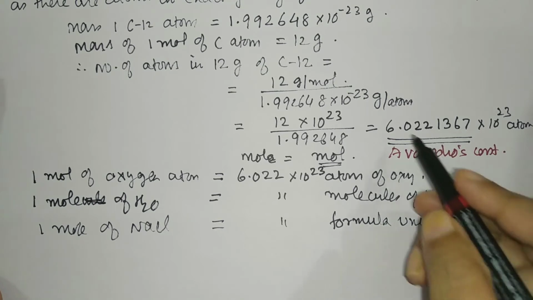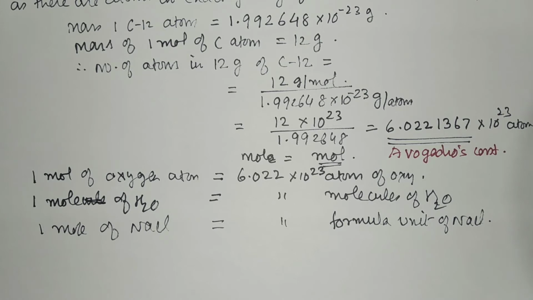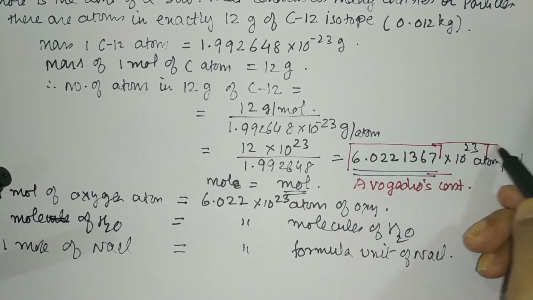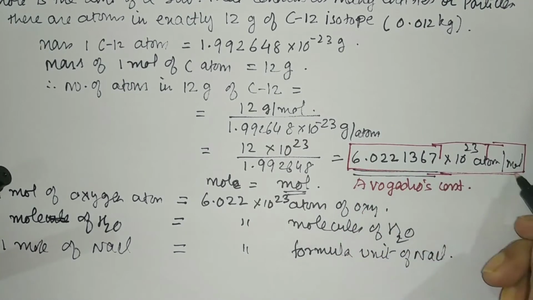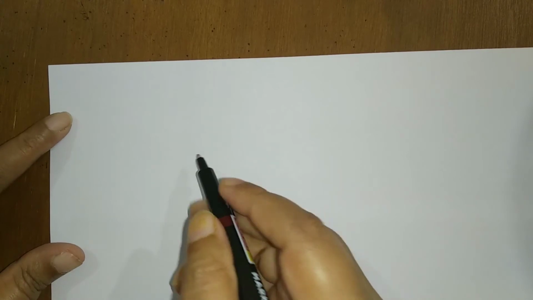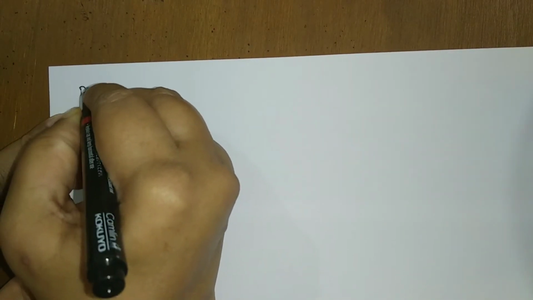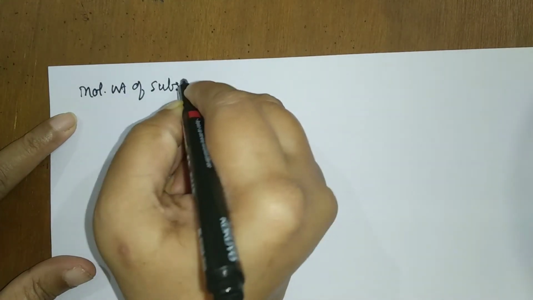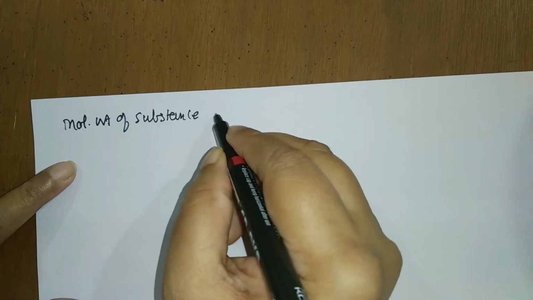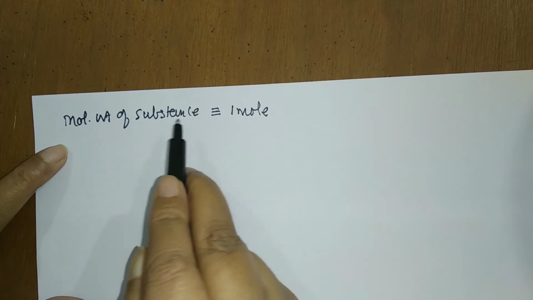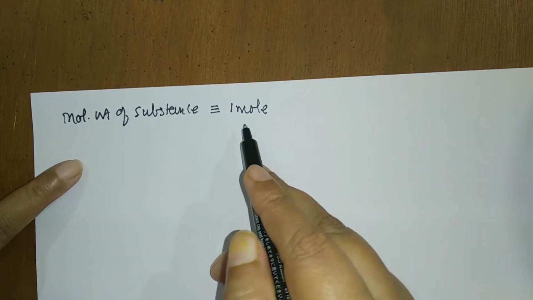Now this is about the mole and Avogadro number. You have to remember this Avogadro number for various other calculations. Now let us see how this Avogadro number can be used for the calculations. One very important statement I am writing here, student: molecular weight of any substance will correspond to 1 mole. Means what, student? Molar mass of any substance will correspond to 1 mole.